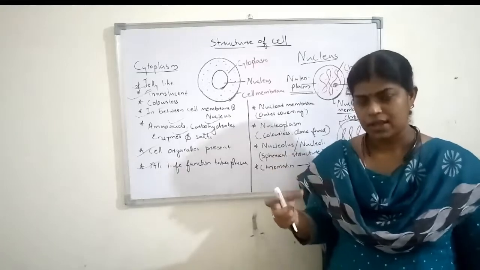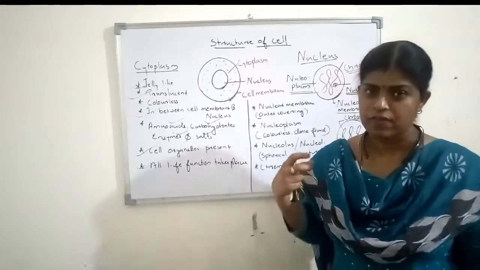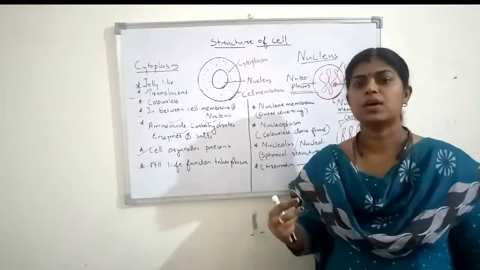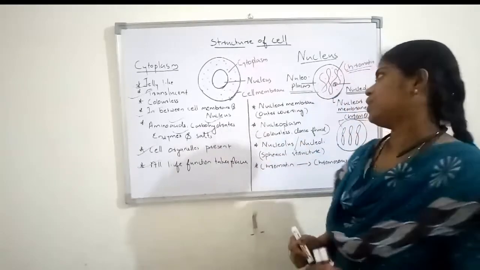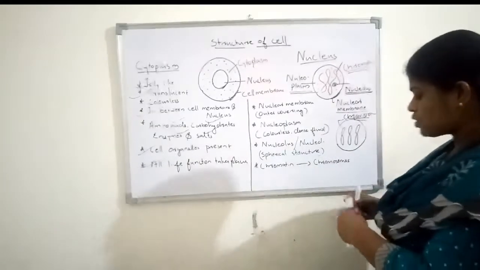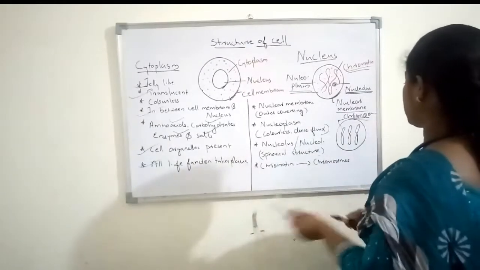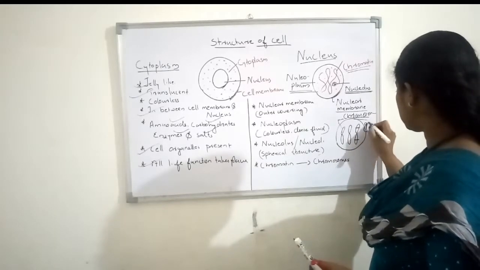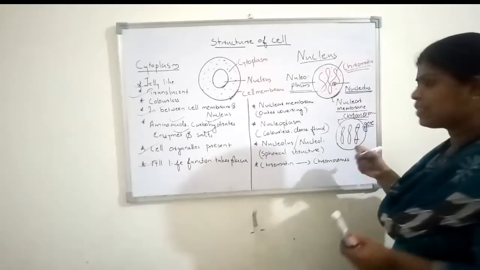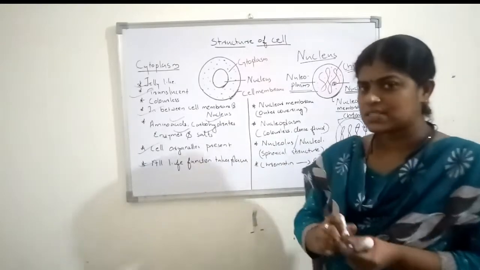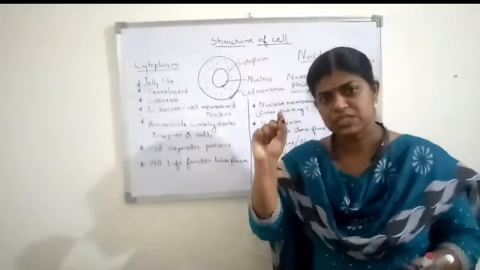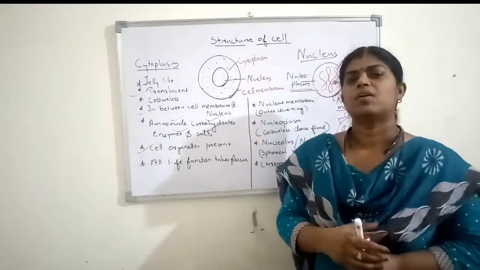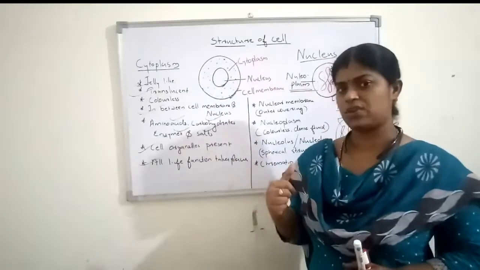Like that, every organism has a fixed number of chromosomes, and it is responsible for the features of that organism. And in the chromosome, a special area will be there, that is known as gene. Don't worry about all these things. Just understand that on the chromosome, special regions are there, and we call them genes, and they control the characteristic features.